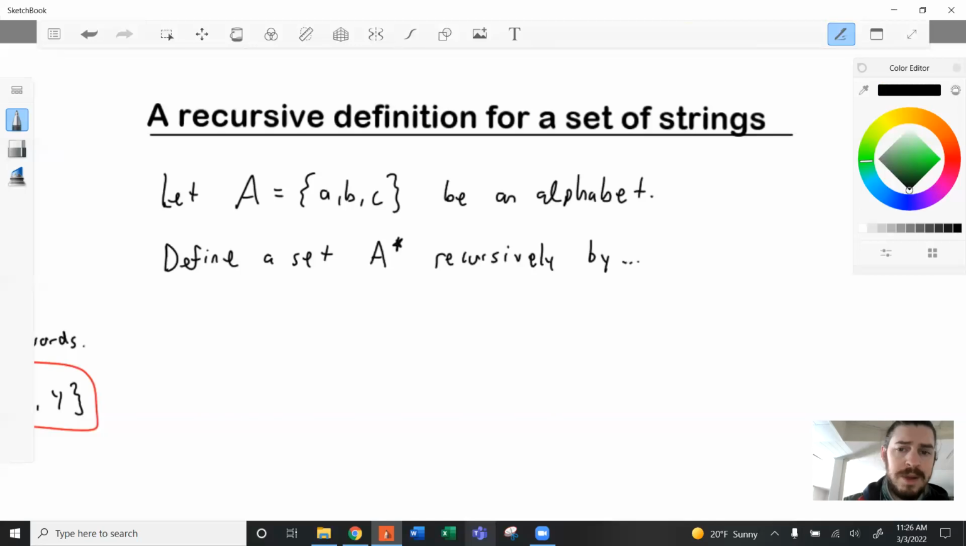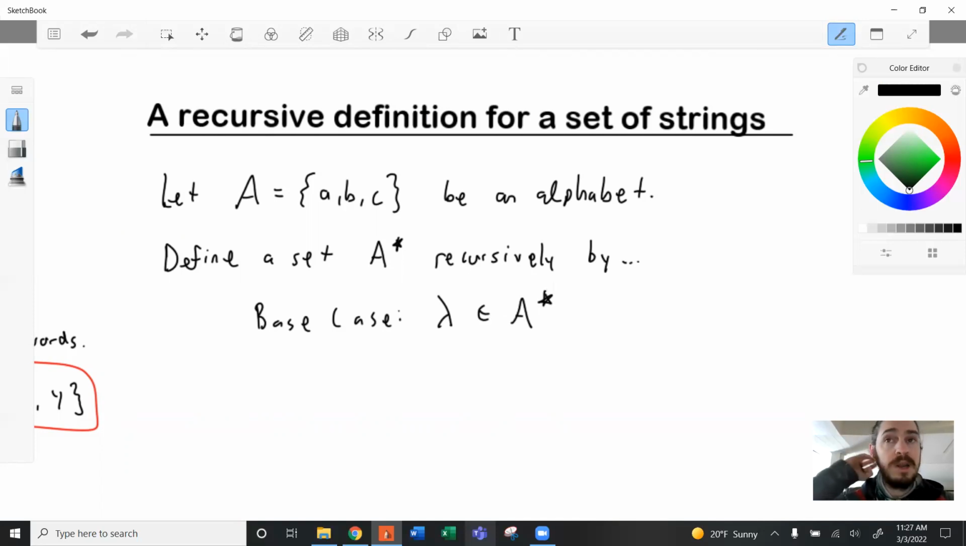By the following. Base case: lambda is an element of A star. Okay, the empty string lambda. Lambda will always represent the empty string. Lambda is an element of A star. And then the recursion rule,